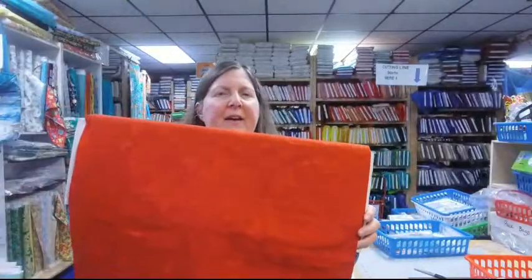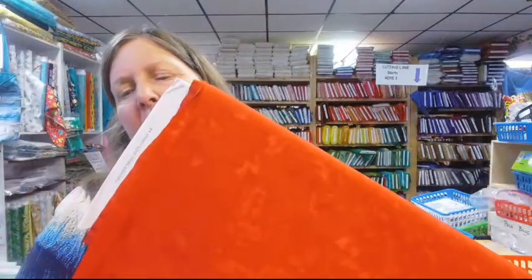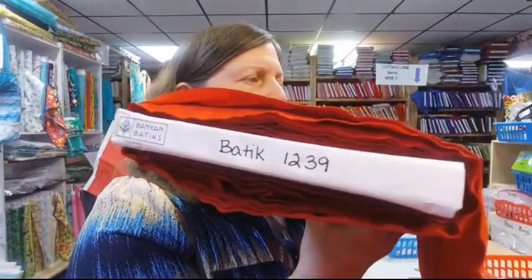Okay, here is another batik. You guys know how much you like these tonal batiks, so I had to restock. This is red, very, very red. Batik 1239, Batik 1239, and it is